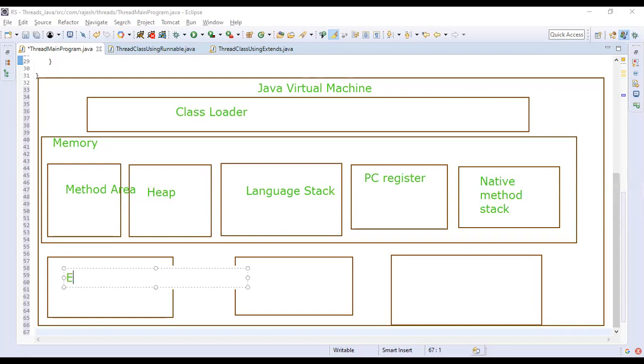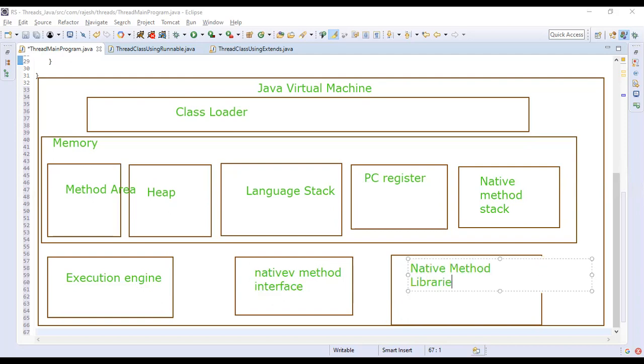We have the execution engine. We have the native method interface. And we have the native method libraries.